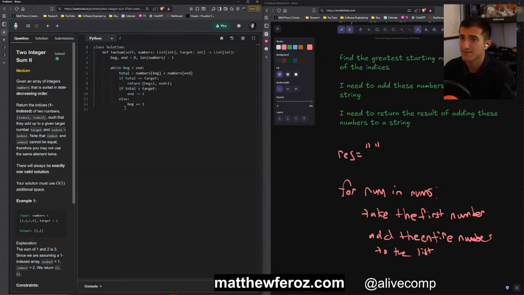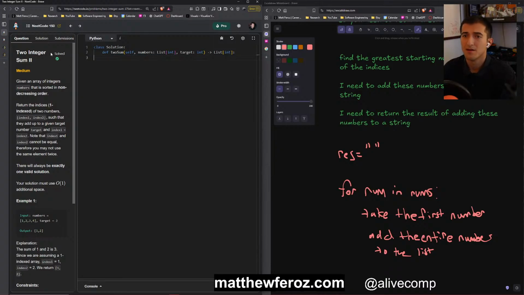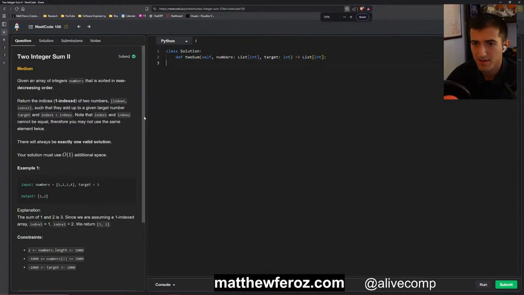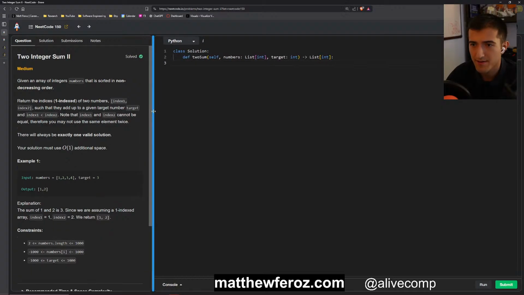Okay, so I'm going to go here. Let's see. Two Sum II. Given an array of integers numbers that is sorted in non-decreasing order, return the indices of two numbers, index 1 and index 2, such that they add up to a given target number, and index 1 is less than index 2.